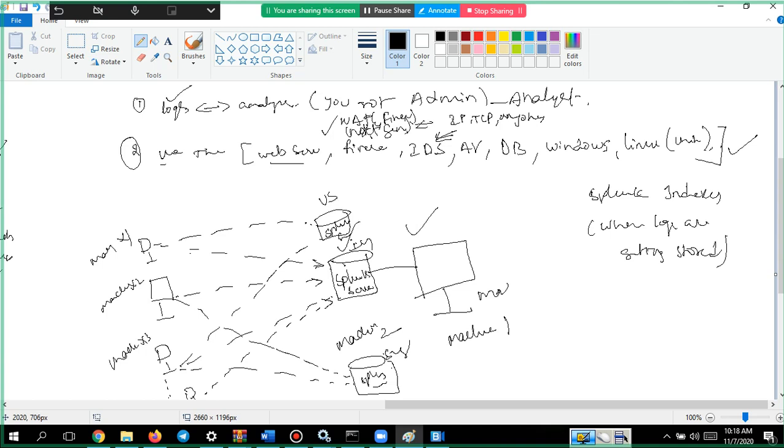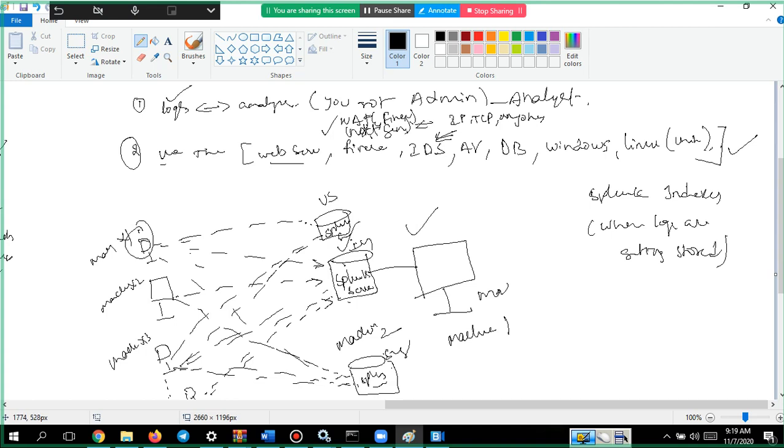Say I keep three, and every machine is sending the same data to three different Splunk servers. What can you achieve with that?